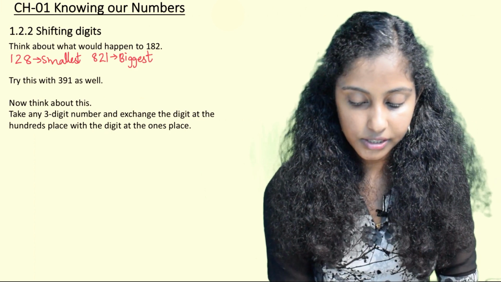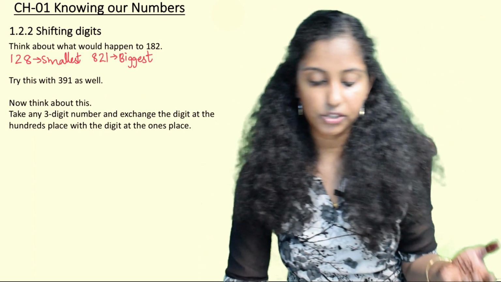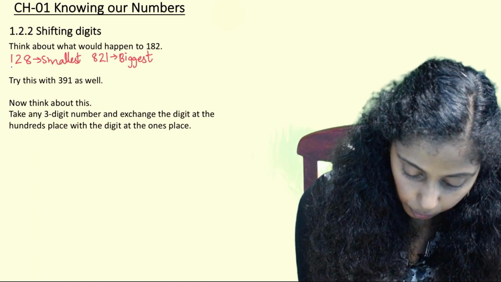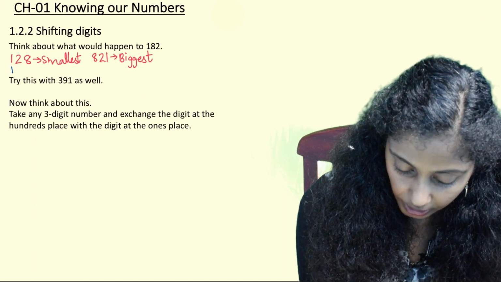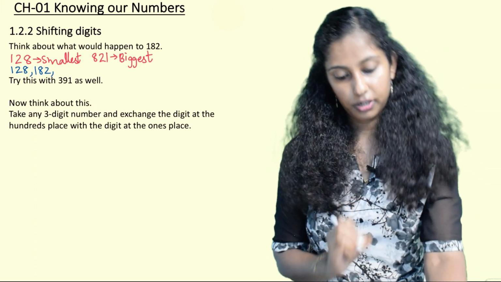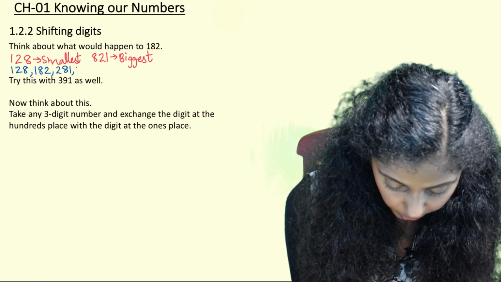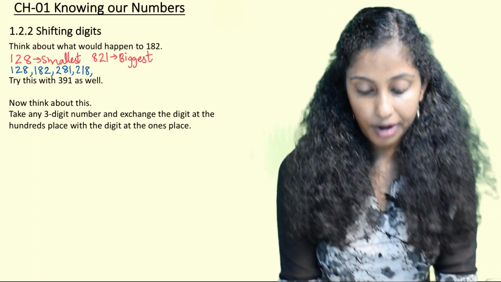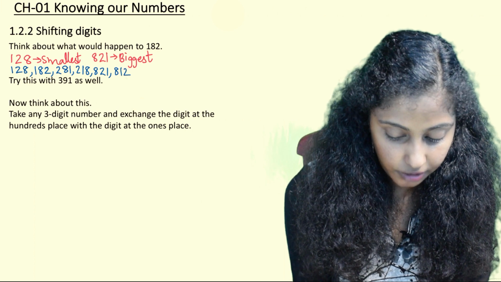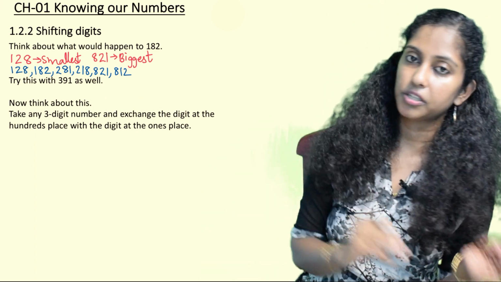Other than this, we can also make various numbers by shifting digits, just like what we did in the previous number. We can keep 1 in the first place as it is given, 1 2 8, then we change the position of 8 and 2. Then we keep 2 in the first position, we can write 281 or 218, or we can also try using 8 in the first position, we write 821 or 812. So like this we can make various numbers by shifting the digits here and there.